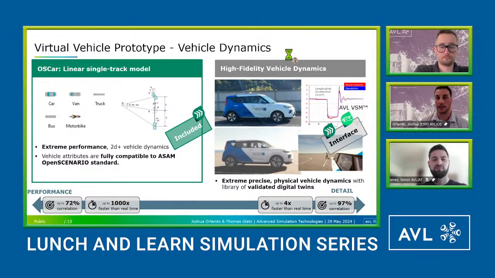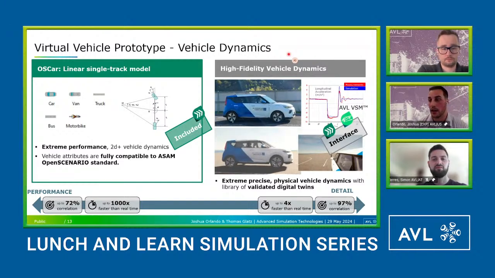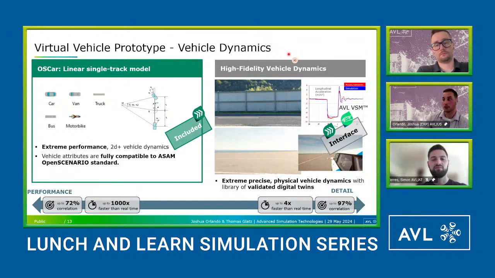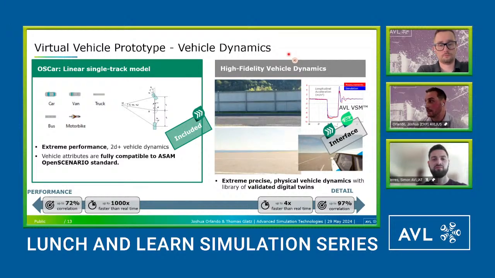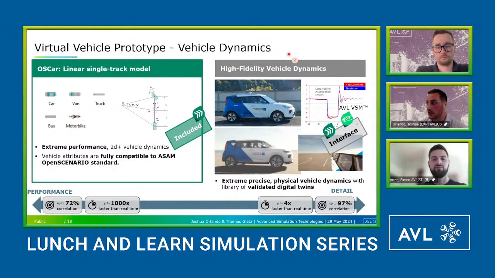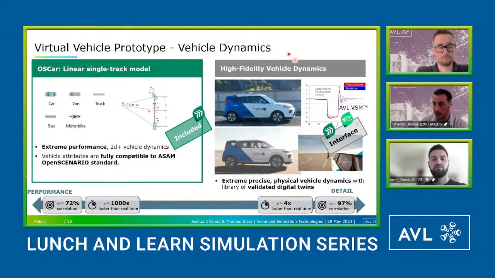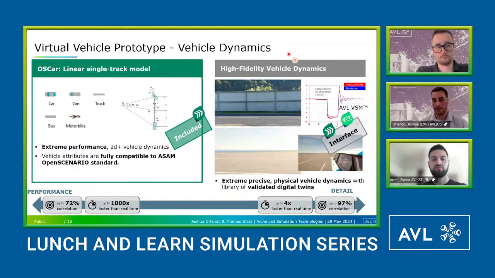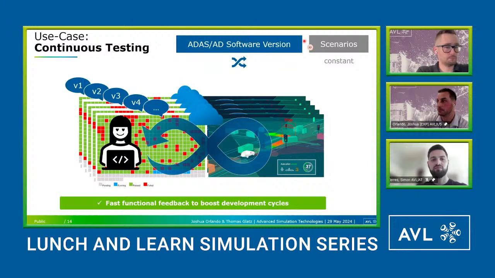However, you're still facing this 1,000 times faster than real time. Can you execute the large amount of scenarios needed to validate or calibrate your system? And then additionally on the right, we do have an internal tool, but we do co-simulate with multiple tools. We showcase, in this case, VSM, which is high fidelity vehicle dynamics, in terms of how that's used with the tool. And you start to get higher correlation, around 97%. However, you're only running about 4 times faster than real time in this environment. But again, it's about right sizing your simulation to your task at hand.